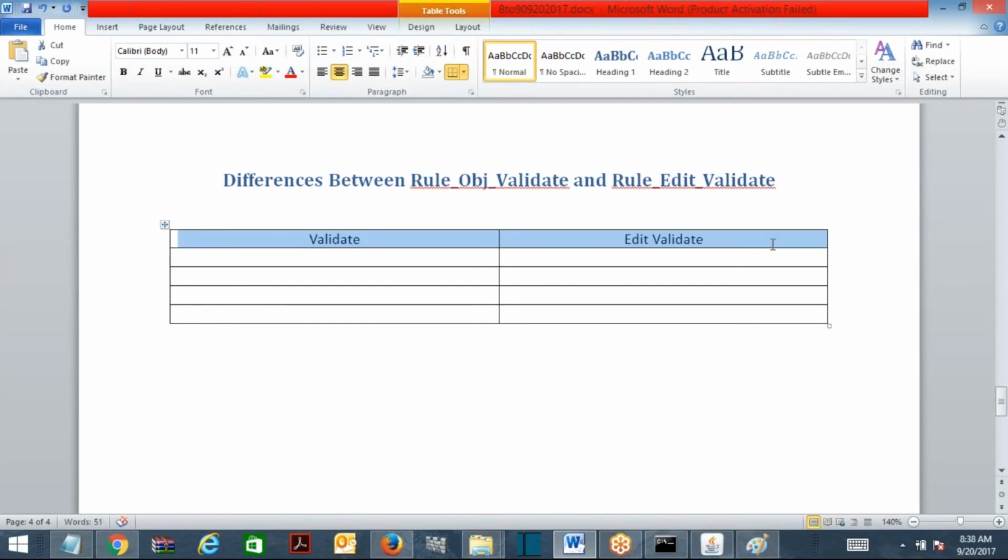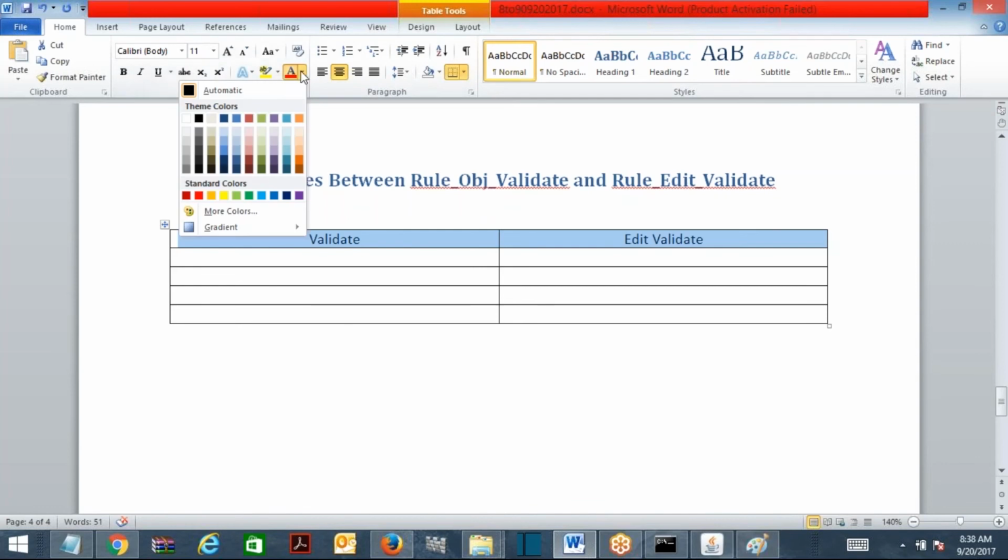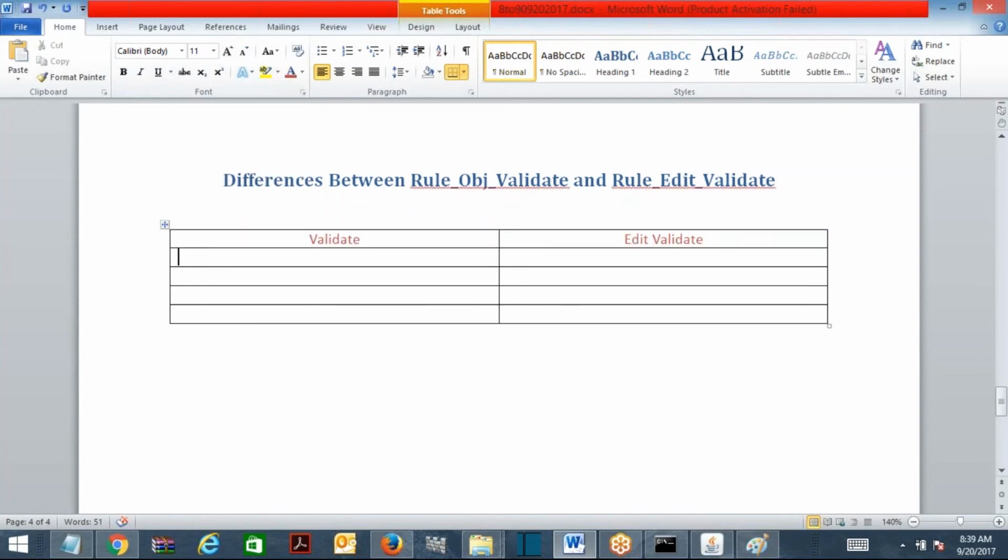Now tell me what are the differences? What is the first difference? What is validate? This is server side validation. This is client side validation.